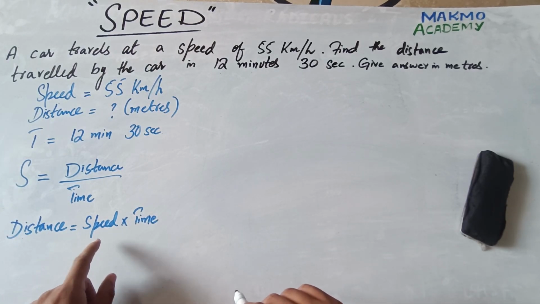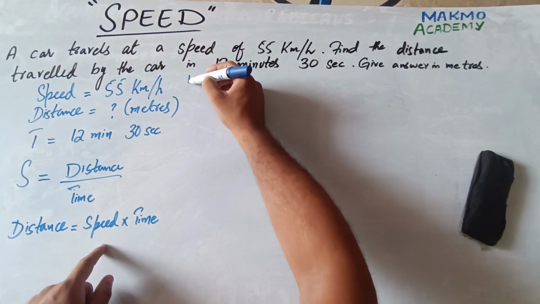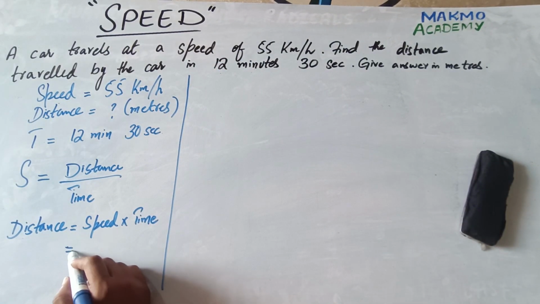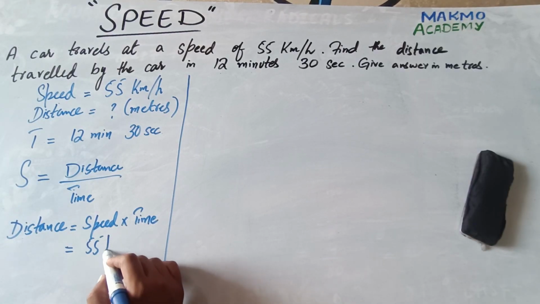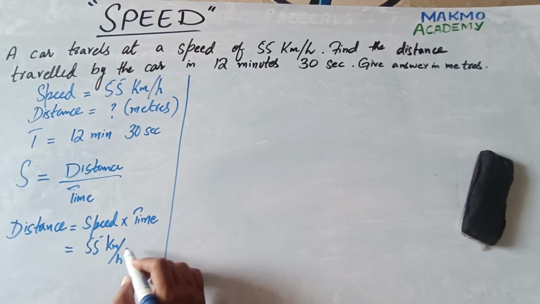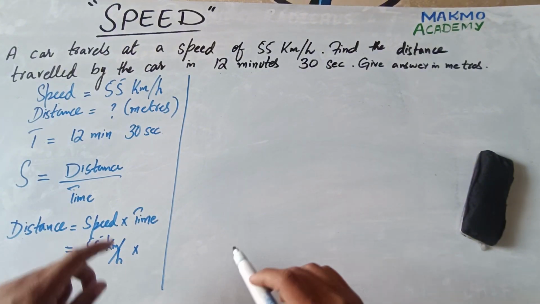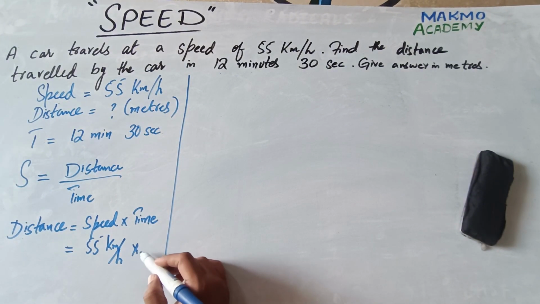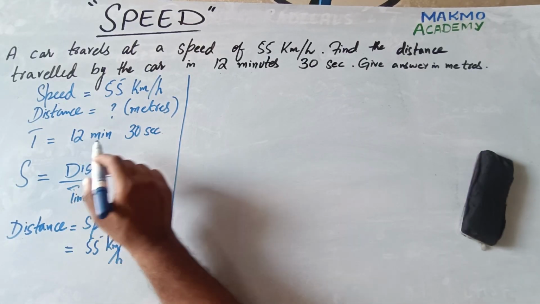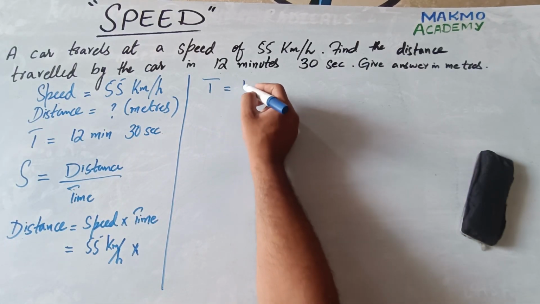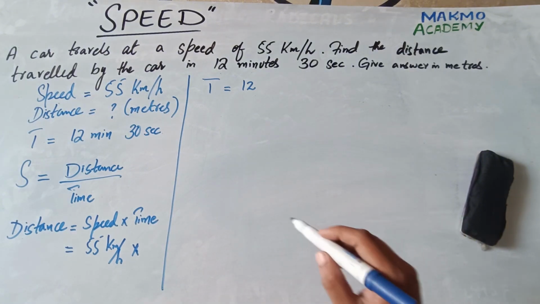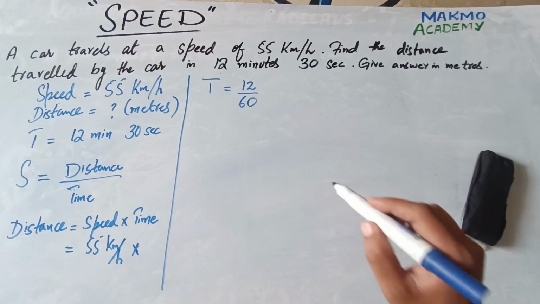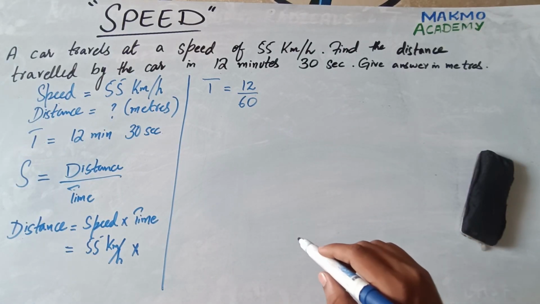So this would be the new formula which helps us in finding out the distance. Before proceeding towards finding out the distance, we must know that speed is given in 55 kilometers per hour. So time should be given in hour because speed is given in hour. So before putting the value of time over here, we must have the time in hour, and time is over here in 12 minutes. If we go from minutes to hour, we will divide by 60 because in 1 hour there are 60 minutes.